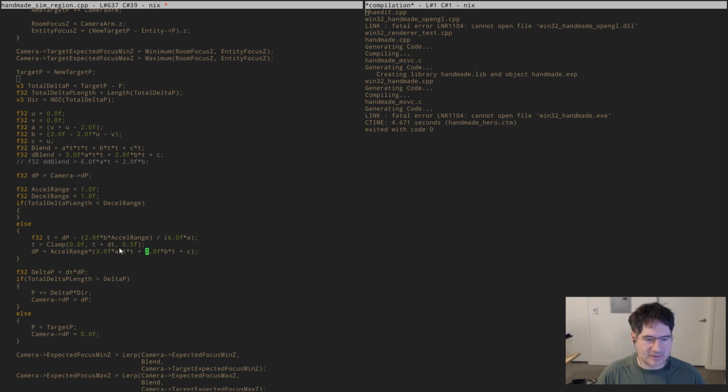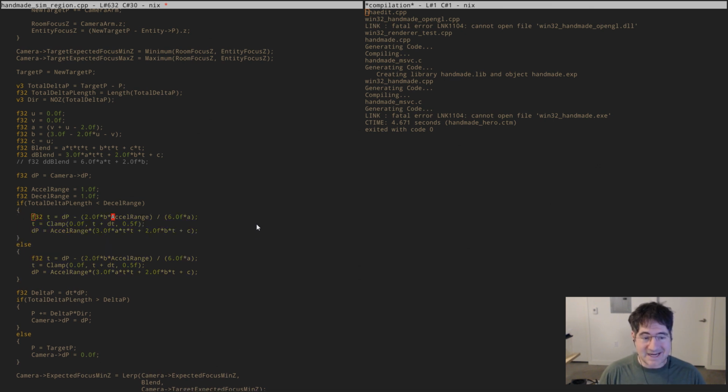So in this case, we're just going to say, look, let's recompute this thing with a known range. And this is kind of just maybe saying, look, we're just going to use the t acceleration value in this case. And if we see that we're less than it, then we're going to solve that. We're going to use the same dp to solve back into a deceleration curve, which might not be what we had been doing, but now we've fallen into the deceleration range, right? And so now what we need to do is when we're in the deceleration range, we need to say, what was the t that we were at for that level of deceleration, given what our distance is now,